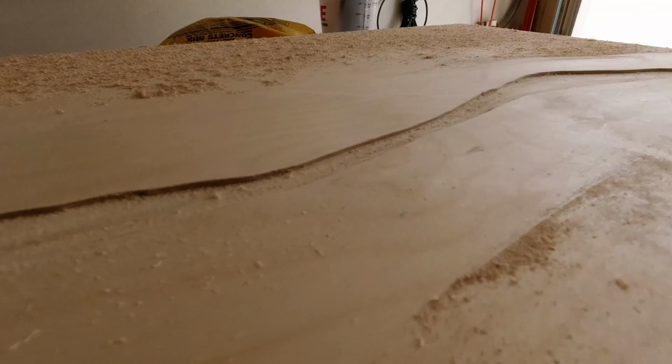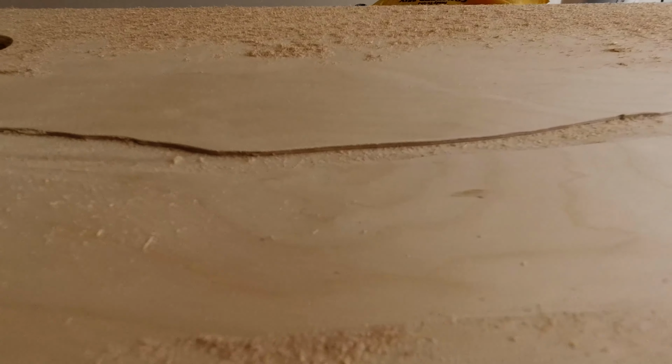Now, I told you guys before I had something planned. I wasn't exactly sure if it was gonna work, so I wanted to keep it a secret. Well, I'm gonna start working on it, so I can't keep it a secret any longer. Here's what we're gonna do. The very first thing is I'm gonna route a channel through this wood that kind of looks like a little river. The next thing I'm gonna do after that is lay probably 4 or 5 skim coats of concrete onto